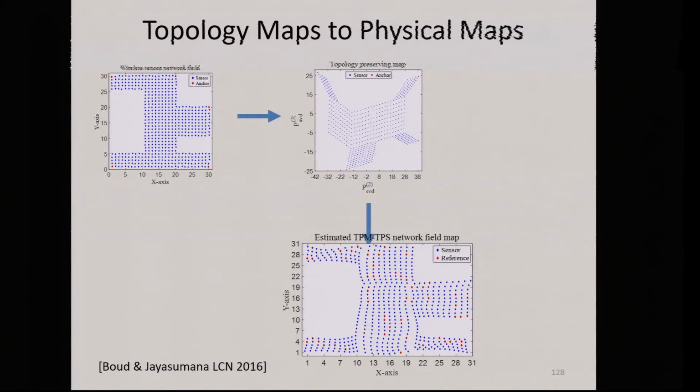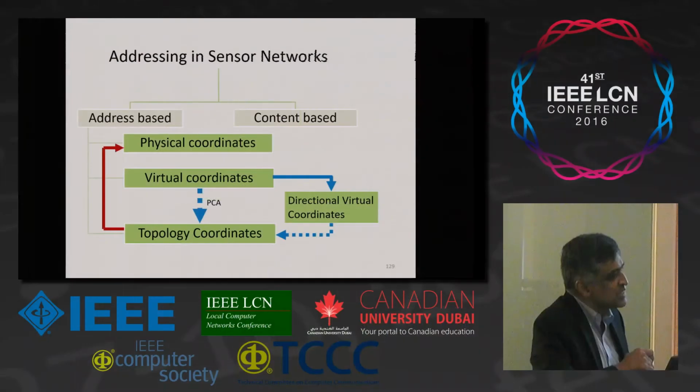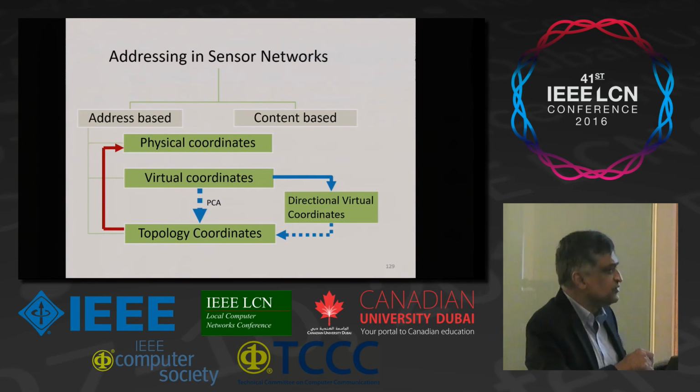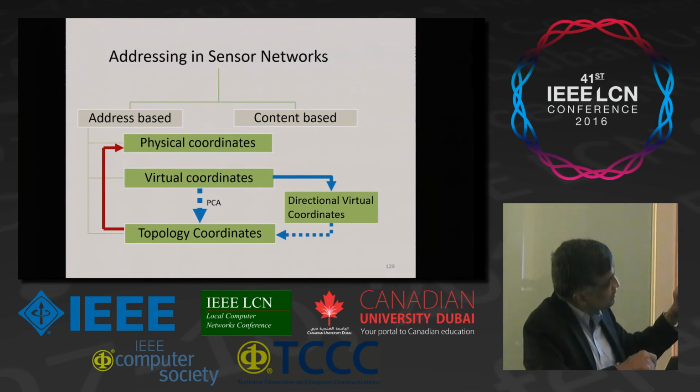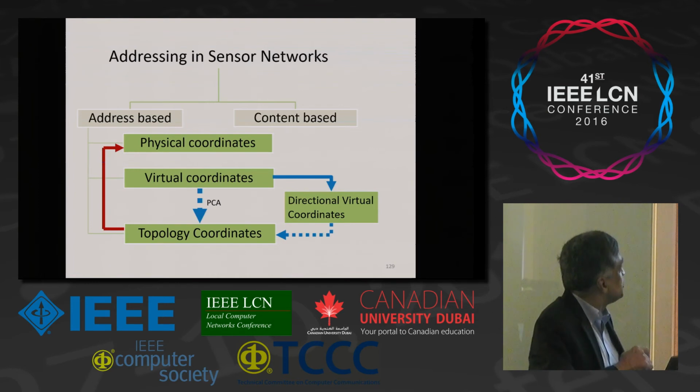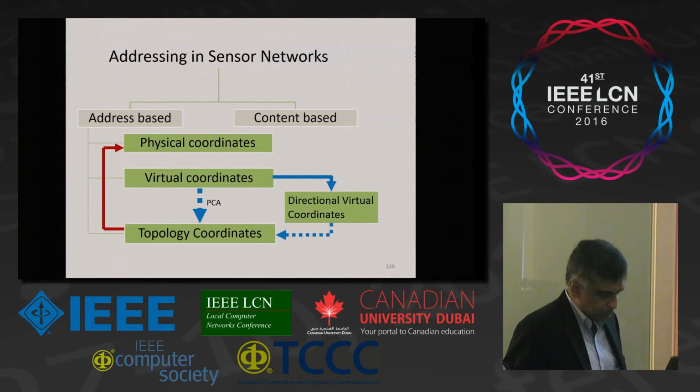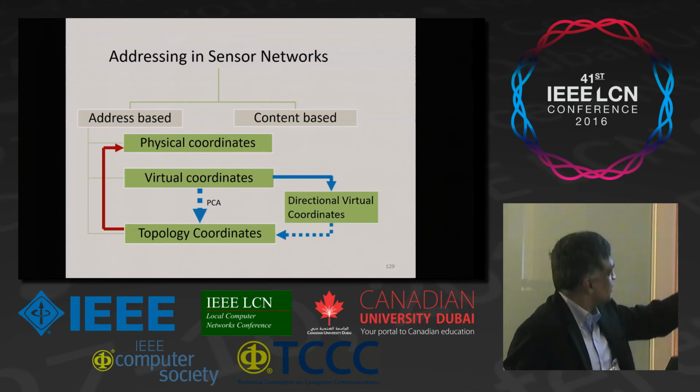So in other words, if you don't know any of the locations of these nodes, you can start with this map. If you start finding the actual locations of some of these nodes, you can start stretching and compressing this map to resemble the physical map, right? So we have kind of closed the loop. We didn't want this, but now you can get these topology maps that are distorted, and if you know the physical location of a random set of nodes, you can come closer to this one also, right? All right.